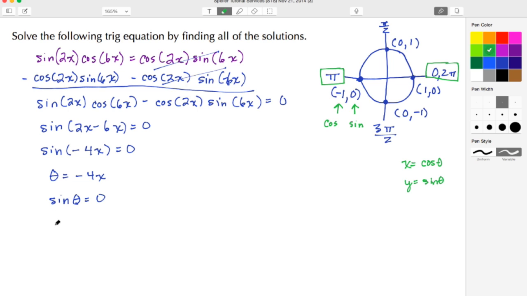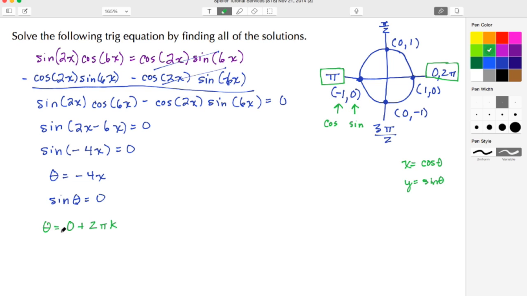So first, let's go ahead and set theta equal to, and let's begin with 0, so 0 plus 2 pi k, where 2 pi is the period of the sine function, and multiplying by k just signifies going around the unit circle multiple times, which shows that we have multiple answers as we revolve around that circle.